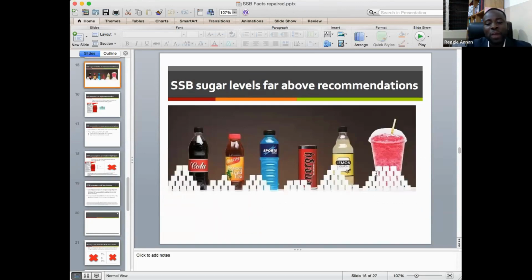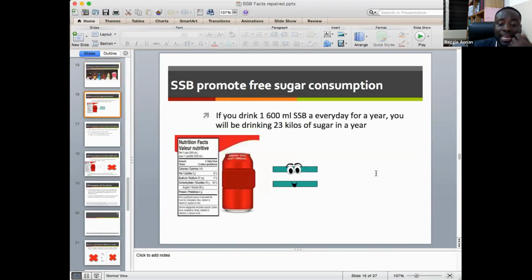And I gave you another picture of the different drinks and the SSBs that are in town and what they contain. You can see the cola drinks have as much as 15 cubes of sugar, representing almost 13 or so teaspoons. And then going down to the sports drinks, the energy drinks, the other lemonades, and even the beverages that are dairy products, having so much sugar is far above the recommendations. One can or one bottle is far above the recommendations for sugar intake,